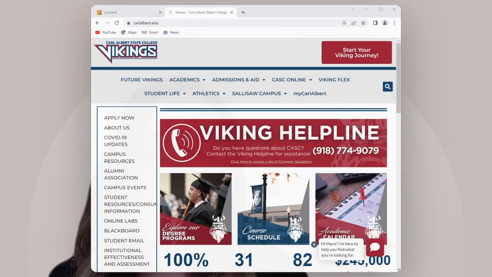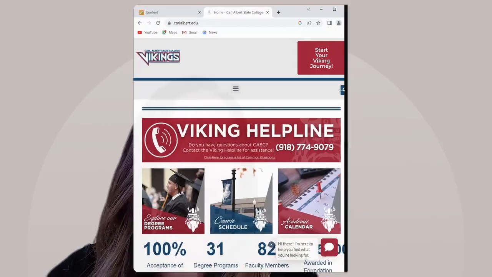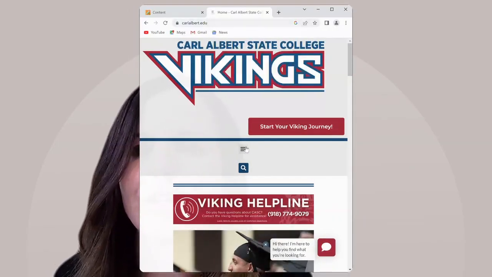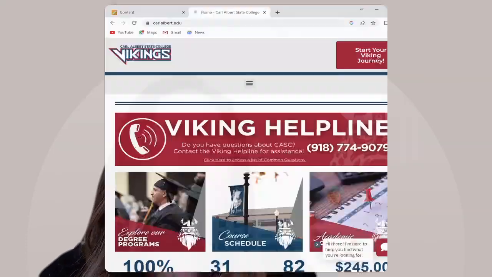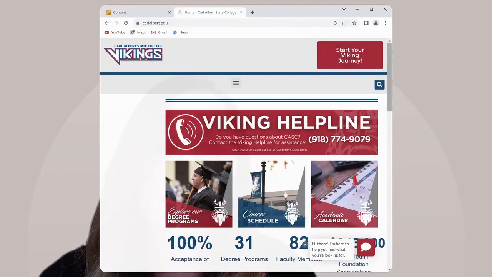And what I would like for you guys to do is I'm going to do a screen share. So let me see if I can make that happen. Screen share. And we are going to go to our Carl Albert page. So let me see if I can make this work the way I want it to. Perfect. Okay, so I am going to move this over just a little bit. Perfect. I think this is doing what I want it to. Sorry. Just about there. I see what I need.